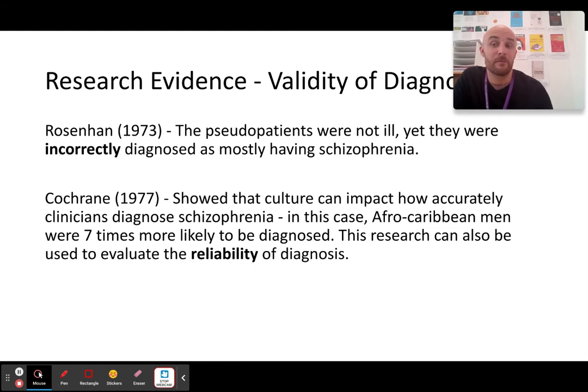Now, this shows us that the validity of diagnosis, these people did not have schizophrenia, but yet they all got diagnosed with schizophrenia. So the validity of schizophrenia, the validity of diagnosis, is actually incredibly shaky because they were all misdiagnosed, basically. So there's honestly, read Rosenhan's research, even if it's just a summary, right? It's fascinating what he did, and they hate him. I think he's actually written up in that piece of research just there, opening Skinner's box. It's a brilliant piece of research.